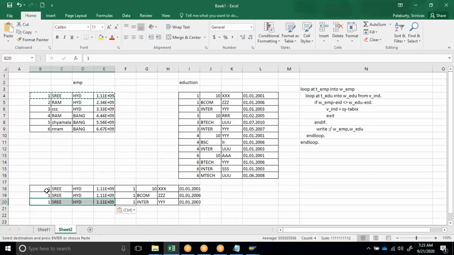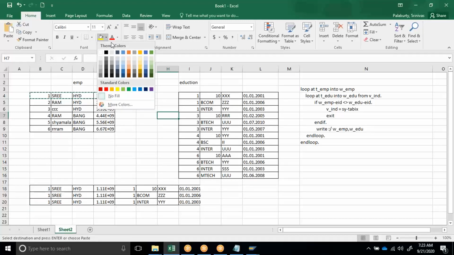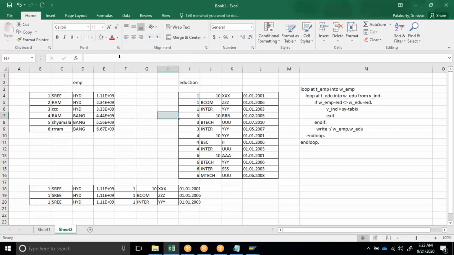While coming out, it will come out at this position. So at the 4th position, the program will mismatch. Record number 1 is not matching with record number 3, so employee ID 1 is not matching with employee number 3. So it will come out of it. In the index, it is storing 4.